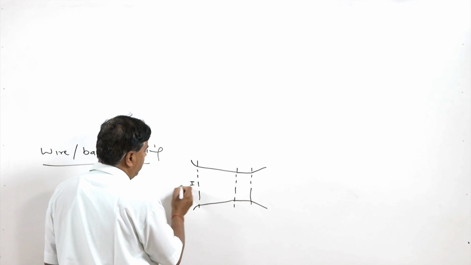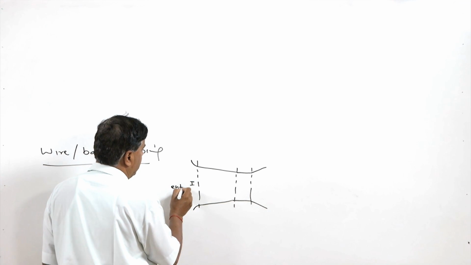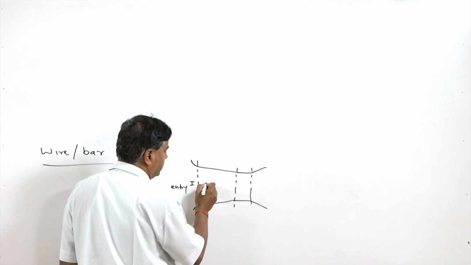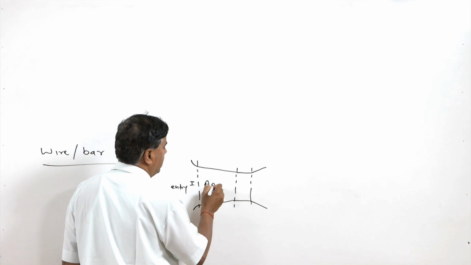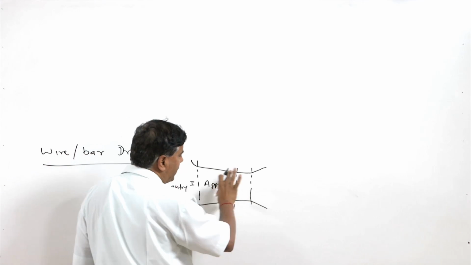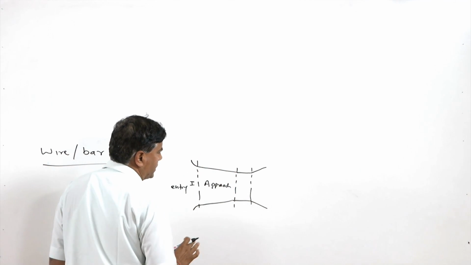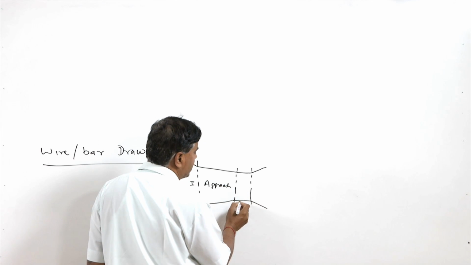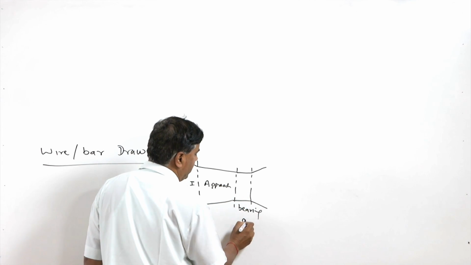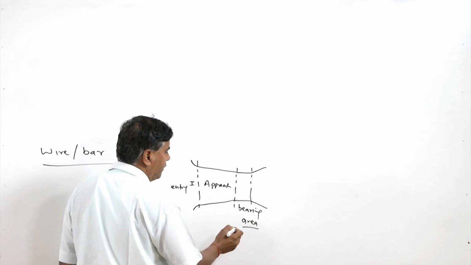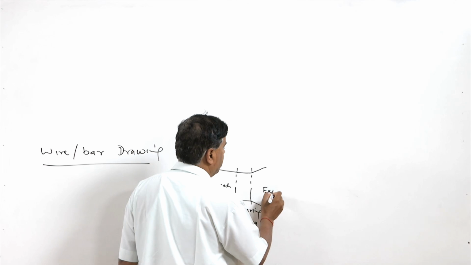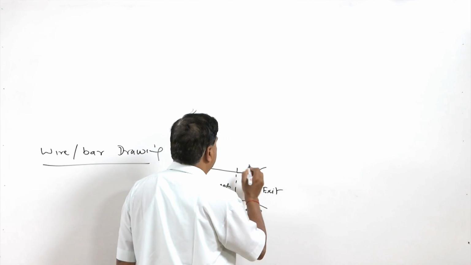This one we can say is the entry zone, and this is the approach one. Here the reduction in the cross section takes place, and the final size is determined by this bearing area,